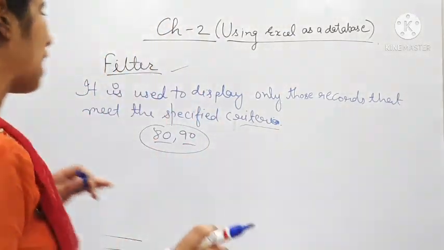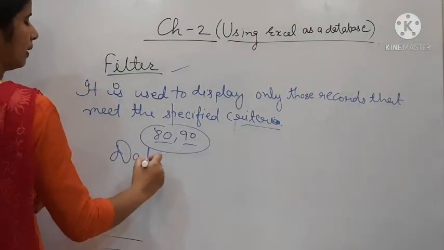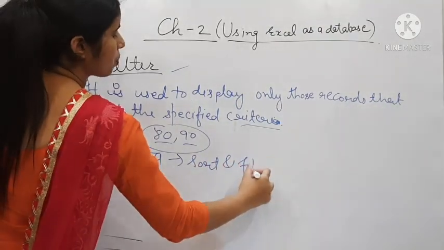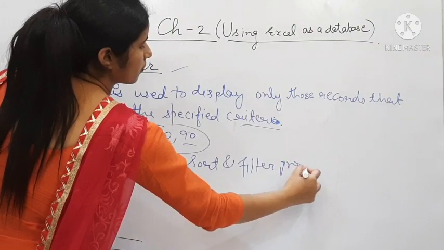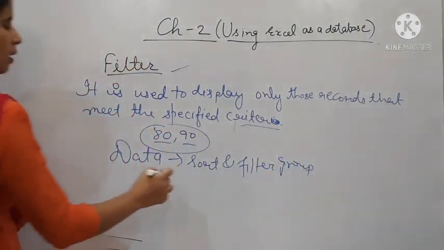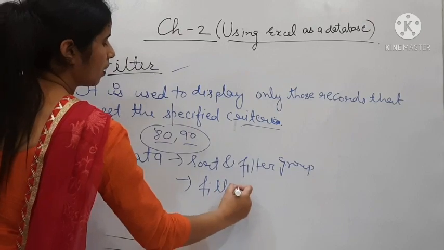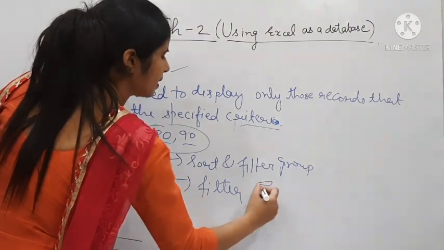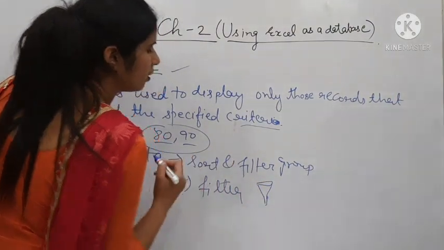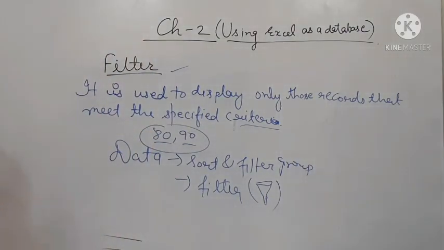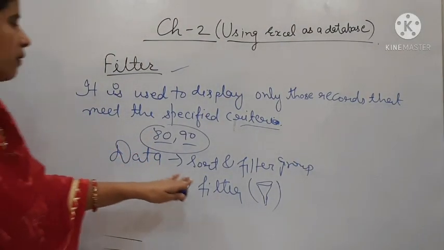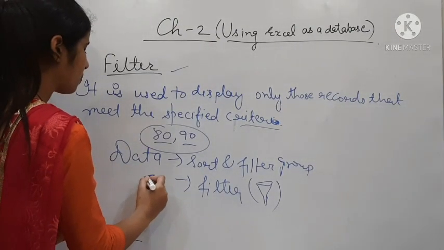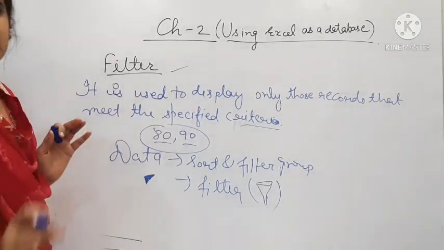So how can we apply this filter feature? This filter feature is available in our Data tab. Which tab? Data tab. Whenever we click on the Data tab, we will find the Sort and Filter group. In the Sort and Filter group, we get a button that is known as Filter. Okay, the filter will look like this, as in this way that purifies. Okay, this is a symbol of it. Now here whenever we click on this Filter option, a drop-down type filter option appears after every column.